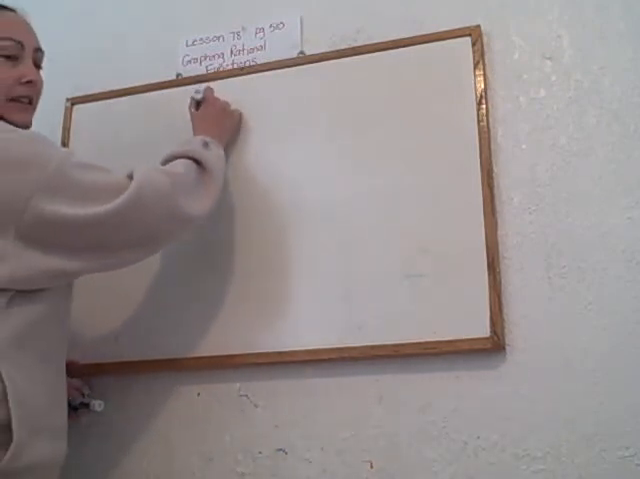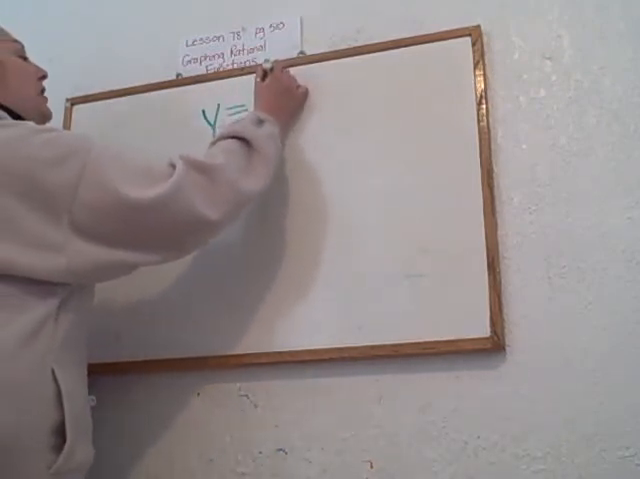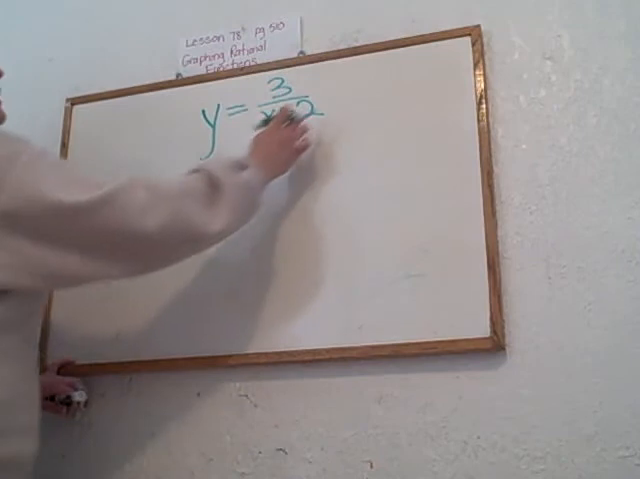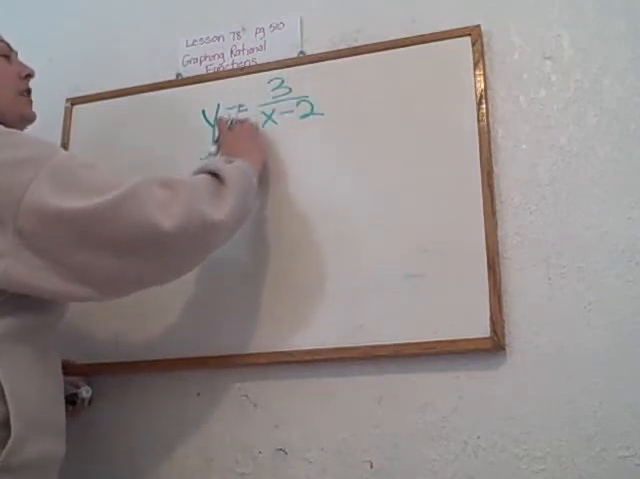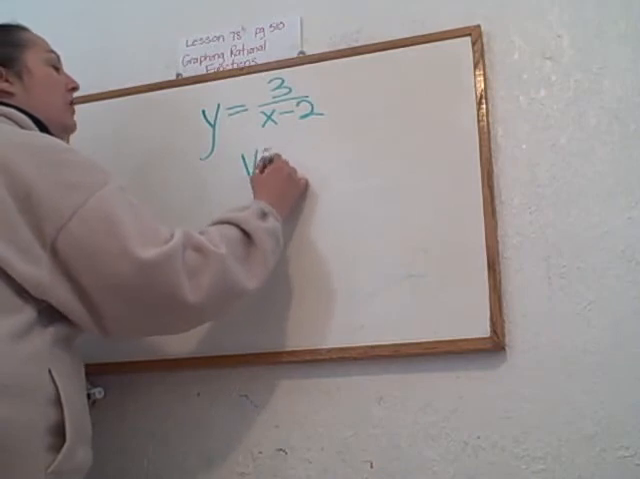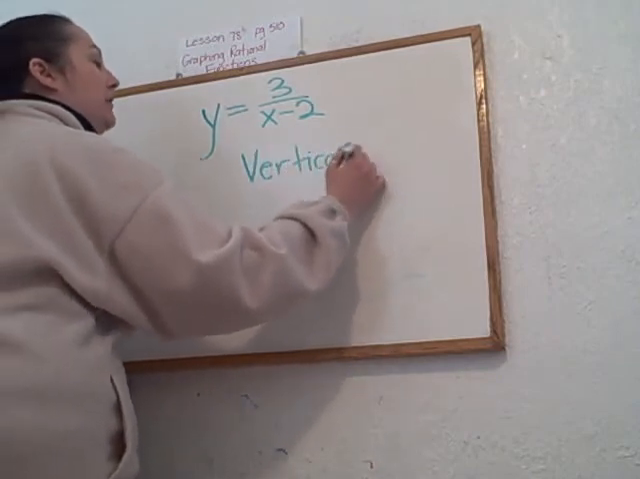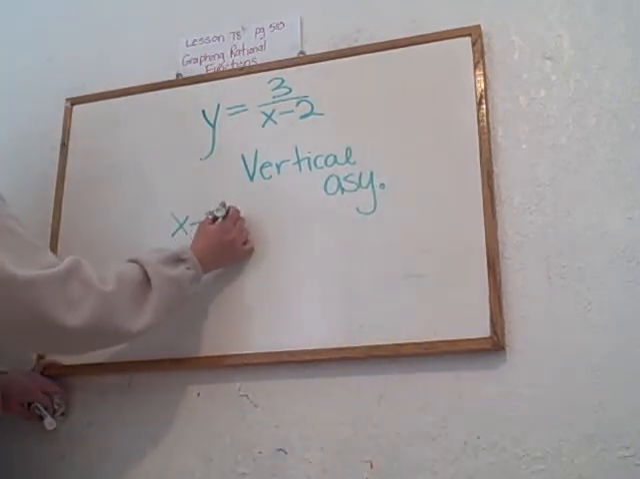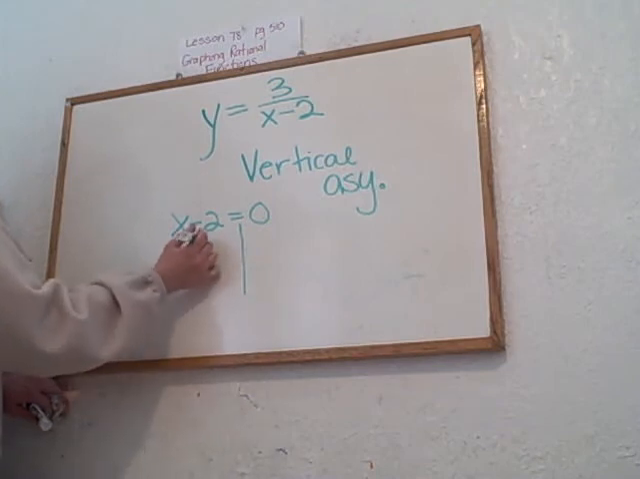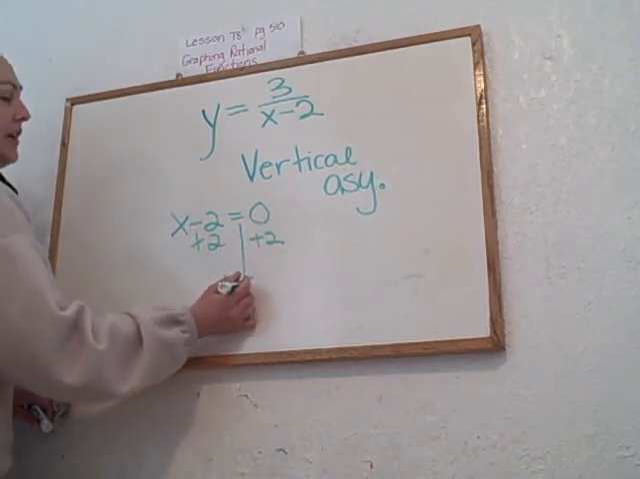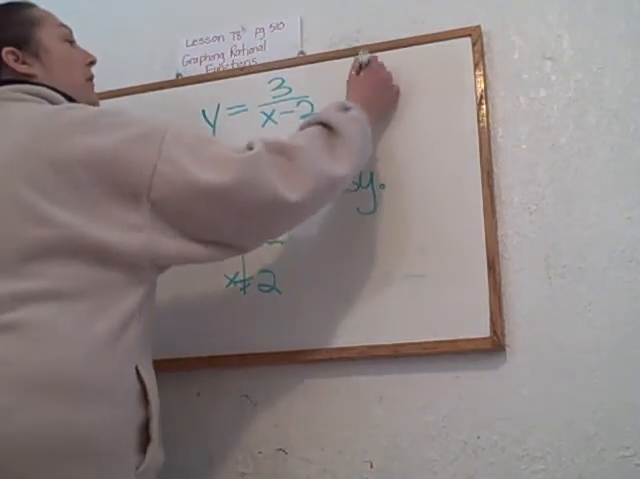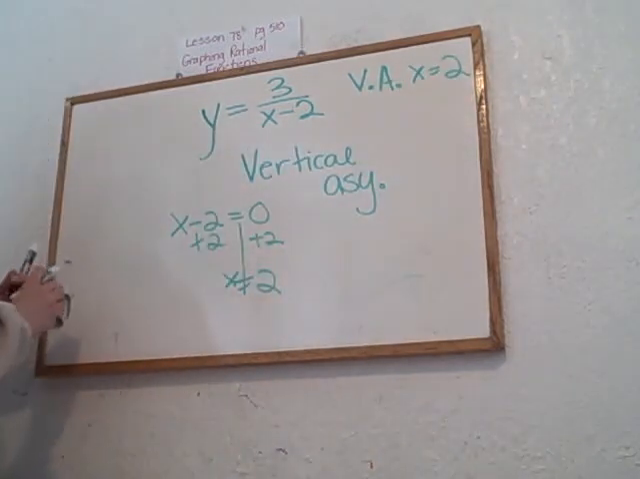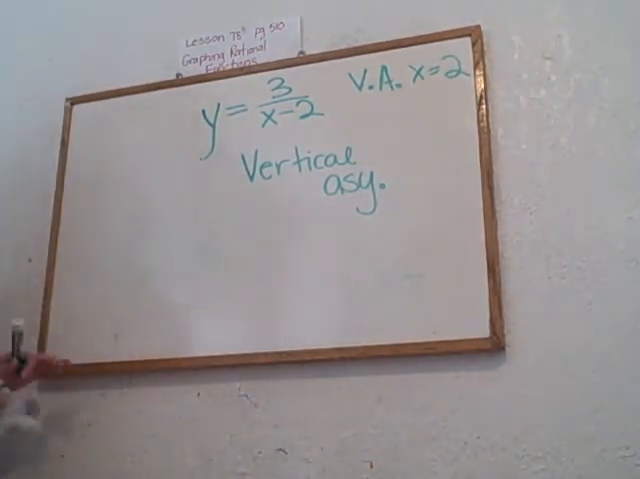If I'm looking at the rational function y equals 3 over x minus 2, then I look at the denominator. The denominator is going to get me the vertical asymptote. So I say x minus 2 equals 0. Splitting at the equal sign, adding 2 to both sides, x can never equal 2. Therefore, my vertical asymptote is x is equal to 2. My horizontal